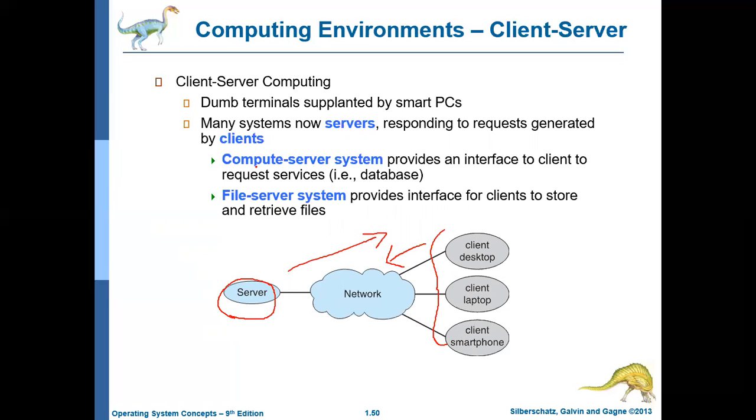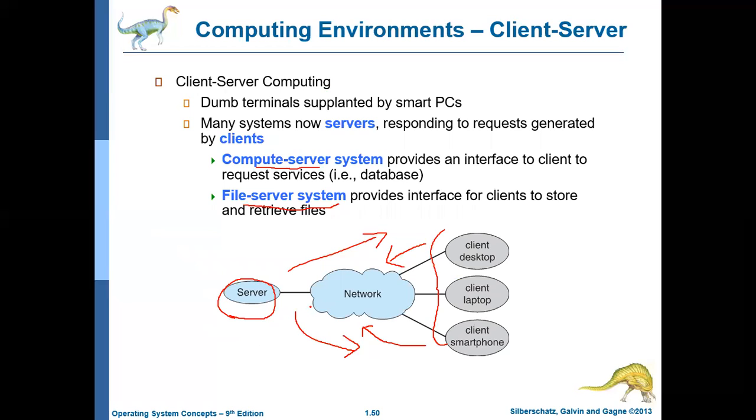It may maintain different types of servers. For example, there may be a compute server which is used to perform a computationally intensive task. If any client wants to perform a very computationally intensive task, it will submit it to the server, and the server will complete it and return it. Similarly, it may also maintain a file server which will maintain a huge collection of files, and if any client wants a file to be accessed, it will place a request and the server will provide that file.